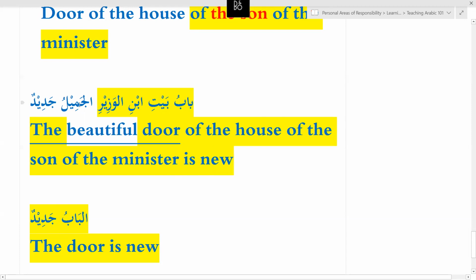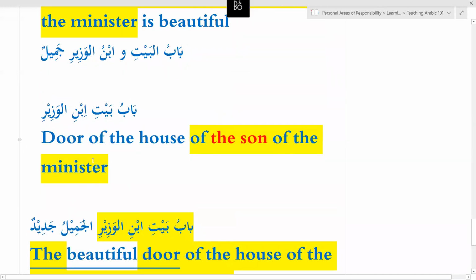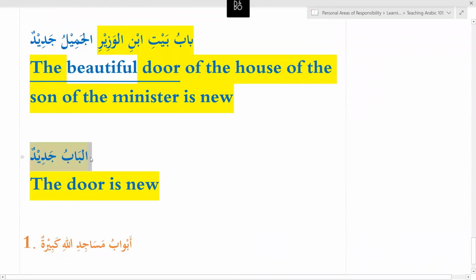Al Jadidu would make it another adjective, so it becomes the new beautiful door, but if I make it Jadidun, it will be is new. Okay, it's a lot of rules, but go through this video. It will inshallah be clear. So try to link this with a simple sentence like this, and try to also link it to the multiple idafa. And inshallah, you think through this once, you will get the rule inshallah.